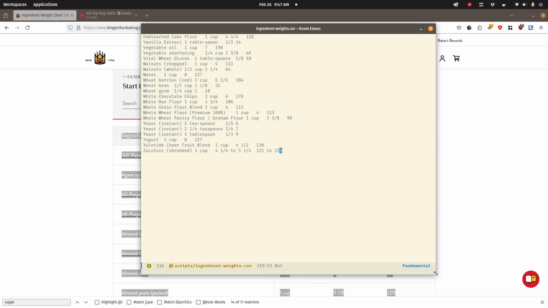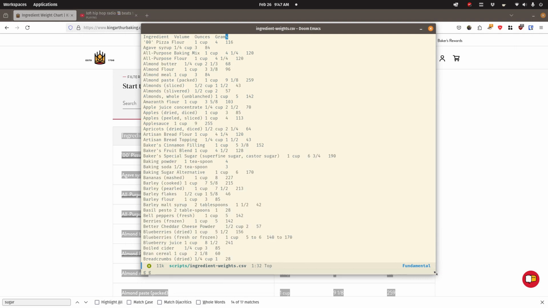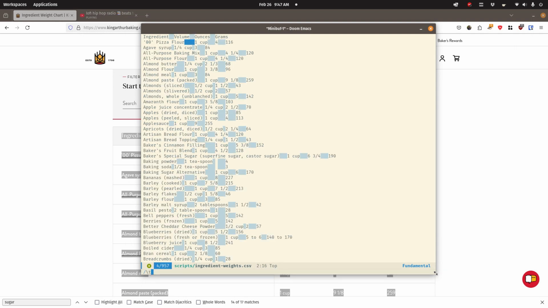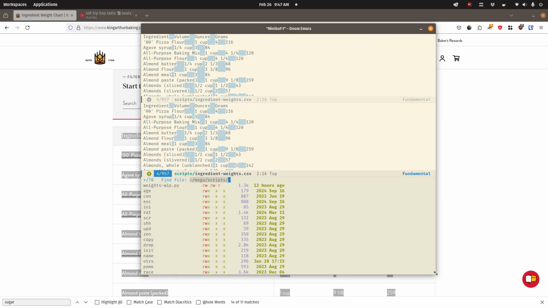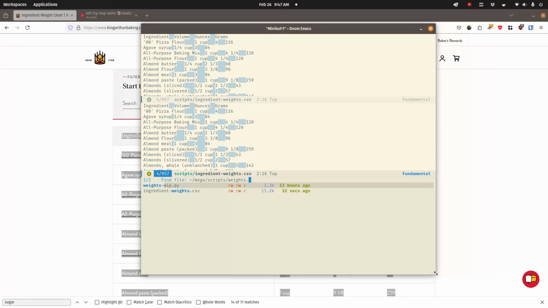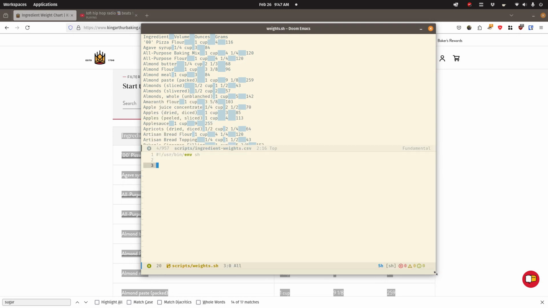Let's just put all this stuff here. I pasted it. If I search through this file, this looks unstructured, but if I search through this file for the tab character, we can see that it's a tab separated file. Okay, and now super quick script. Weights dot, you know what, let's just make it a bash script. weights.sh,